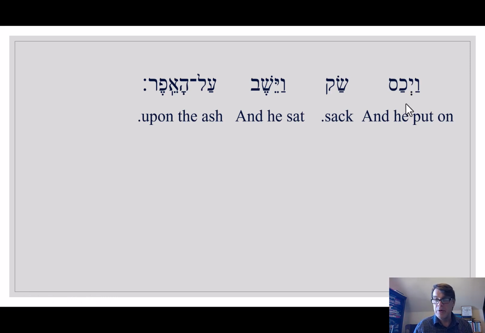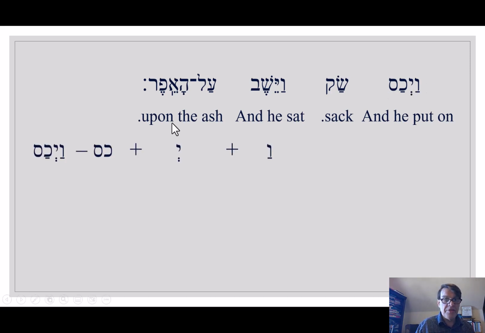So I've got converted imperfect, or preterite, better. It is third masculine singular, and I've only got two consonants. Something is missing. Well, it's this one. So is it a first nun? Well, nothing's been assimilated. Is it a middle weak? Well, I don't know. Kus. Actually, there is a word kus, but that's not what it is. This is kasa, and it is a third